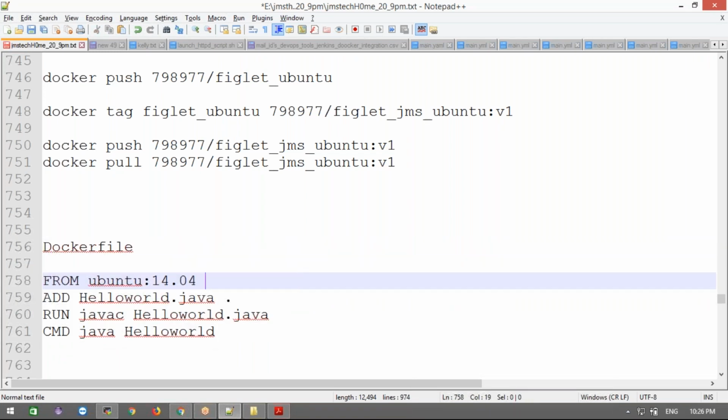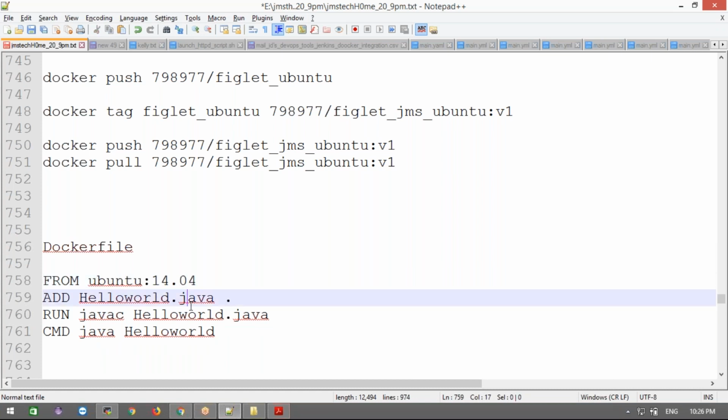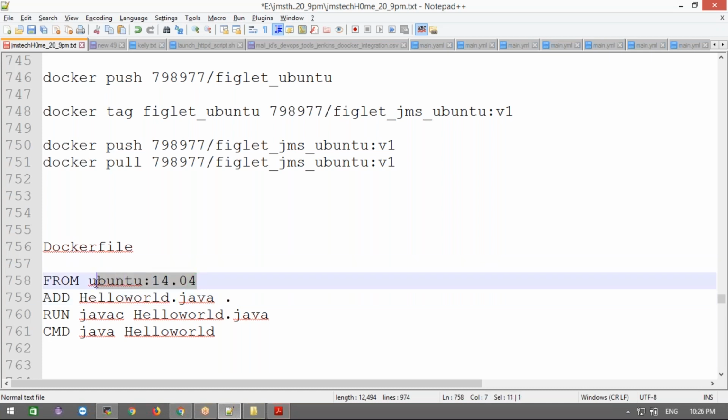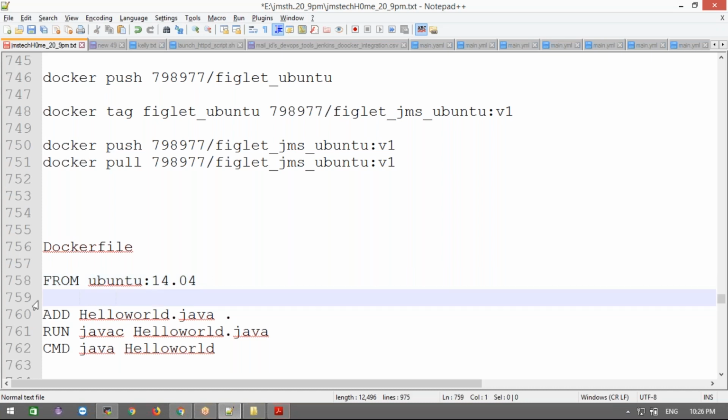I need one OS here, and we are going to use any one of them here. Before running your Java classes, what do you need to do? You need a Java base image here, not Ubuntu. You must provide the Java base image, or else you need to install Java here. We need to write all the instructions to install Java first. The Java software needs to be installed, right?